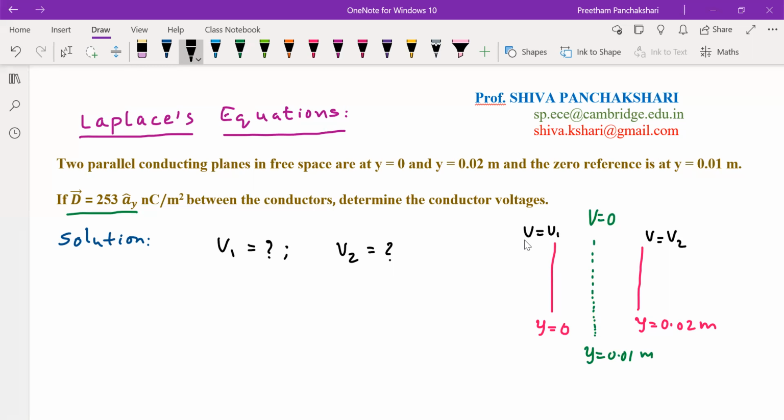So for that we need boundary conditions to solve the Laplace equation. But here one plane is given and the potential at it is also defined: V equal to 0 at y equal to 0.01. We can take this as a boundary condition. Second, instead of another condition, they have given the vector D. So I have to make use of D to find an arbitrary constant after solving the Laplace equation. So let us start solving the problem